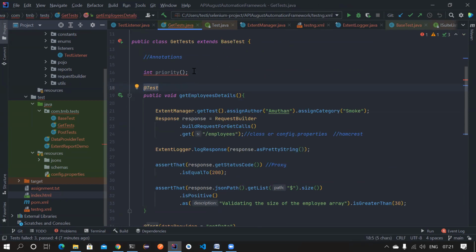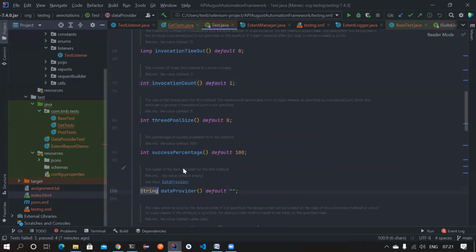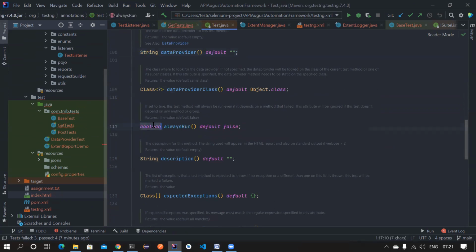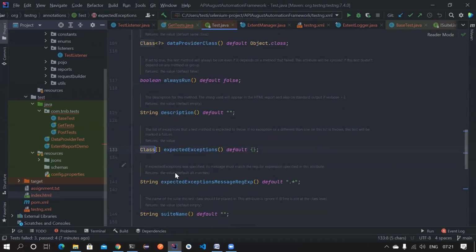Okay, good. But what kind of things? So we have seen int. We have also seen string. We can also see boolean here. There is class here, string here, class array here. What are all the things that you can store? Okay, if I open a notepad,